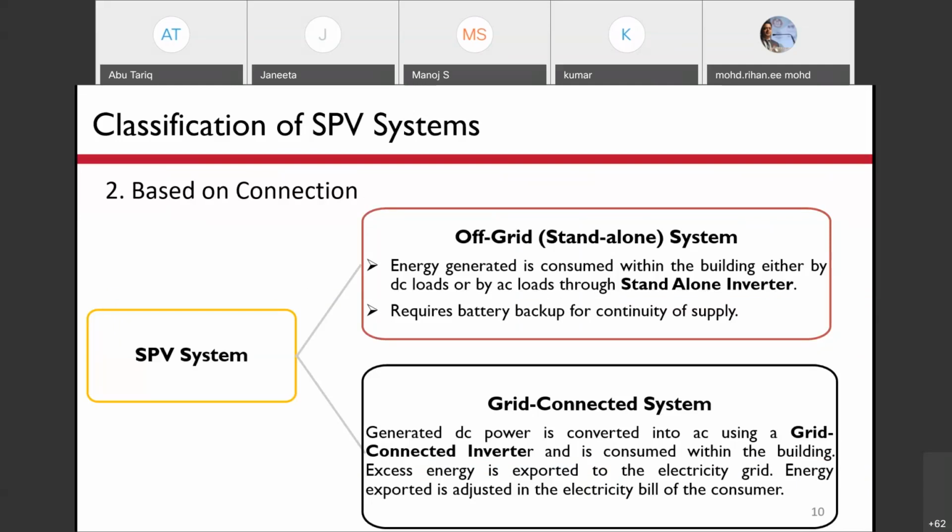So this can be used only for small installations, but only for those localities where it is preferred, where grid is not available or is very rare. In that case, it can be used, and it can also be used in remote areas, for example, water pumping applications. Where supply is not available, we can install some PV panels directly connected to a DC motor, permanent magnet DC motor, which runs the pumps, and that can be used for irrigation purposes.